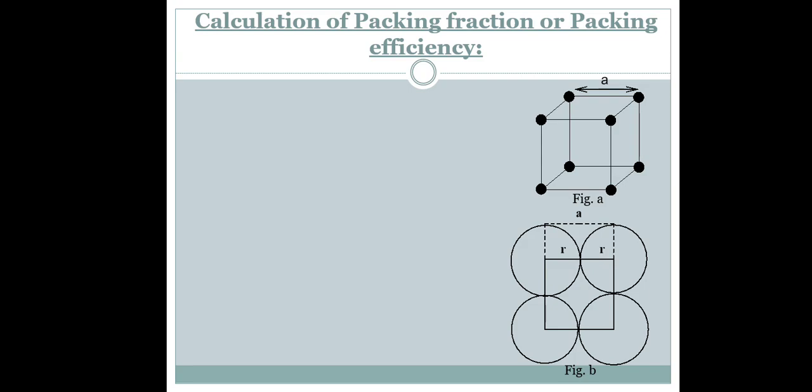But what happens actually is figure B, where the particles touch one another, and you can clearly see the two radii. So the distance between the two atoms is nothing but twice r, is it not? The distance between the centers of any two atoms is equal to twice the radius of that atom, and you can clearly see in figure A the distance between the two centers, that is the edge length, is nothing but a. So from figure B, we see that a is equal to 2r. That is how we'll proceed for the derivation.